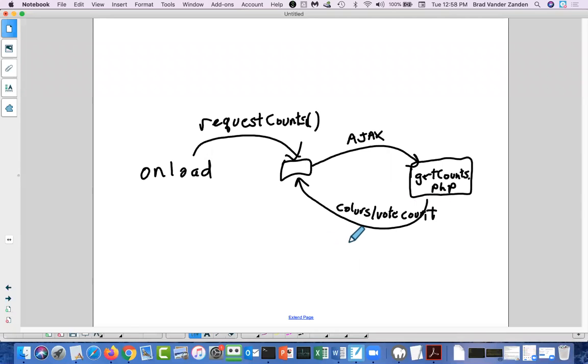So that JSON array is going to consist of color and count pairs. So it's going to come back to the client here. And in the client, you're going to call a function.